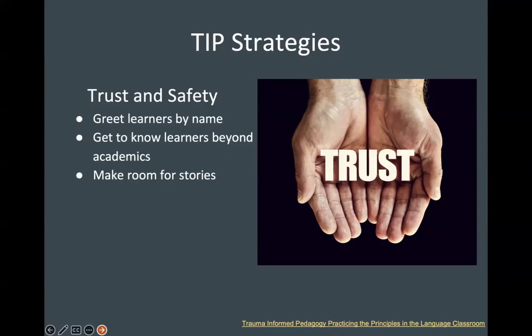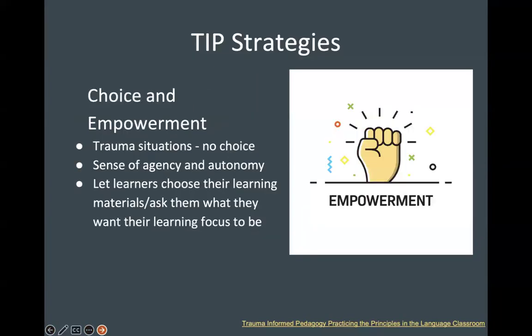Providing opportunities for students to share parts of their experience or perspectives helps build community and supports emotional processing. For example, storytelling and writing activities integrated with language learning allow students to express themselves, connect with others, and acknowledge trauma in a supportive setting. Trauma often leaves individuals feeling helpless and powerless. So providing students with choice and a sense of control is deeply healing and helps build confidence.